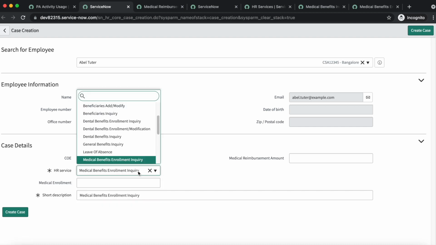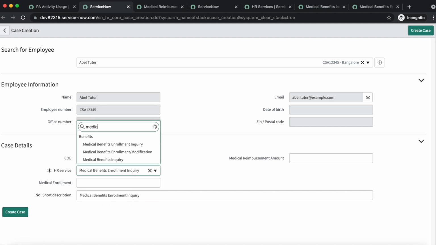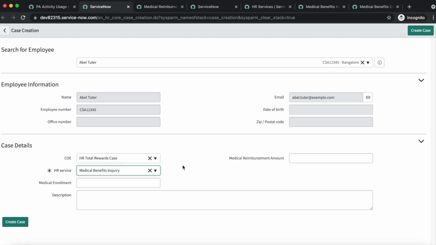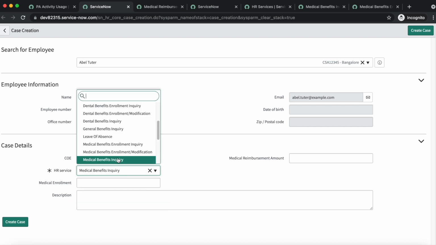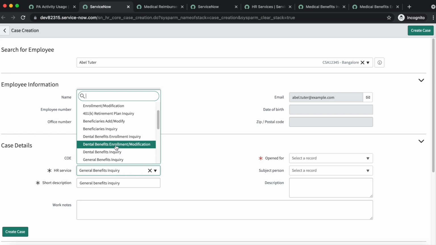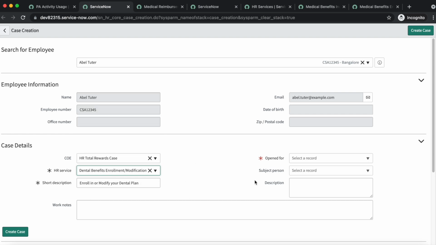And for medical benefits inquiry we have configured it as medical enrollment, medical reimbursement amount, and at the bottom we have a description. But apart from this HR service, if you are selecting any other, you will not get that field visible.